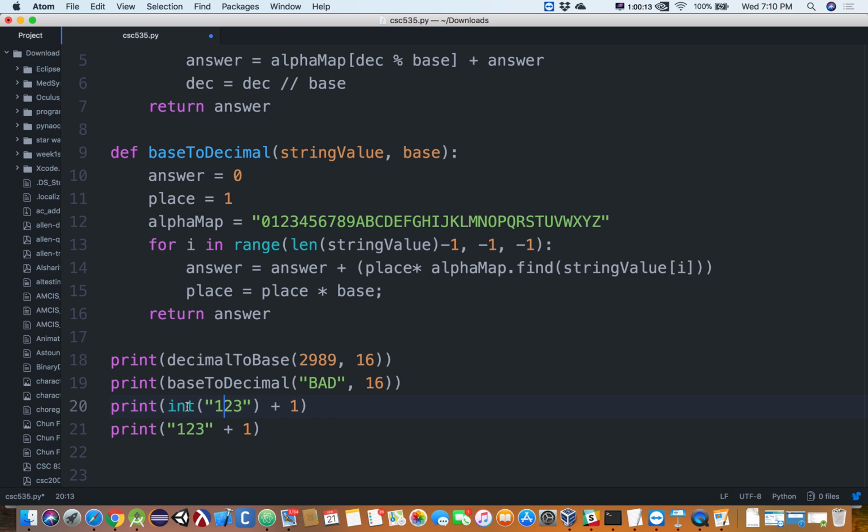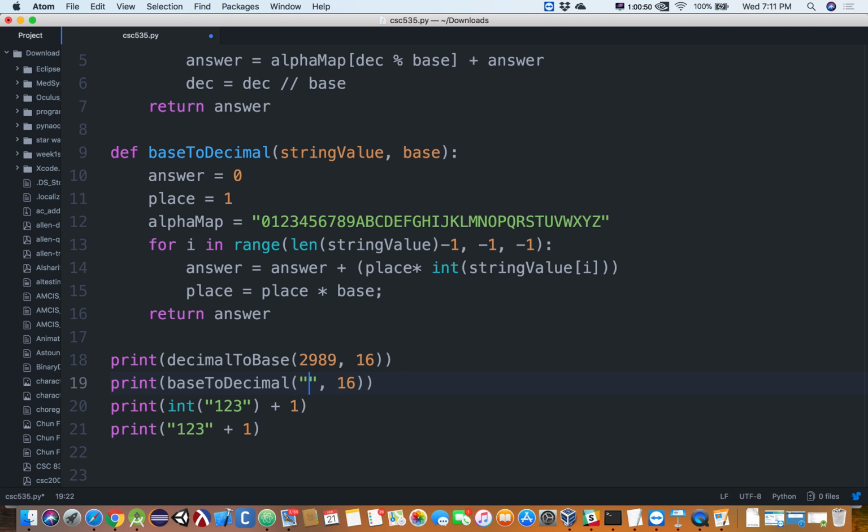So what he's saying is we have a function called int that will take a string like this and turn it into a number. So what he was doing probably is saying place times the int version of that guy, which will give me a number to do math with, right? So if I do that, it's not going to work for any bases greater than 10, right? Because it's not going to be able to convert a B into an 11. But I can say something like,